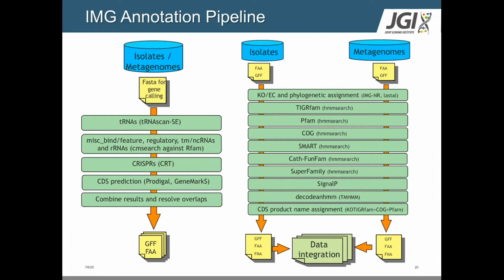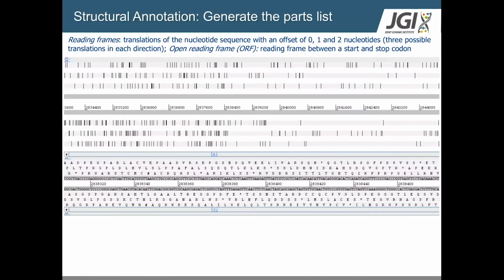And then all of that content then gets submitted to the UI system, and it's then presented there in a comparative context and in the context of various tools where you can do some comparative analysis. So here's, I guess, the primer part. I just wanted to briefly talk about structural and functional annotation, just to familiarize everybody, although you've learned this before, so I'm just going to go over this quickly.